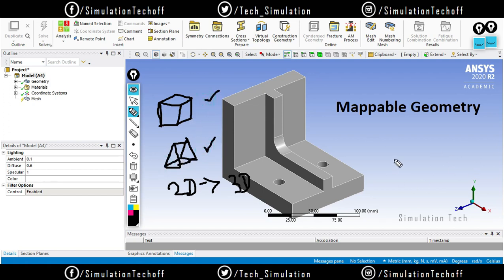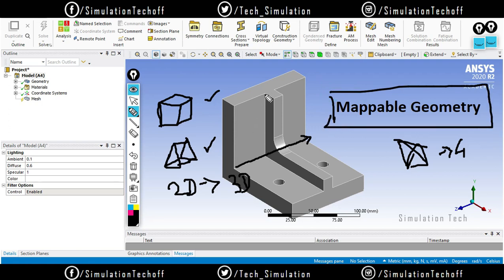So there are two possibilities. In most cases, in a triangle there will be one perpendicular node in the normal direction connecting all the remaining three edges, having four faces. This is called a tetra element. So first it tries to create a quad mesh on this face and extrude it throughout this structure, because it has the ability to extrude. That is why it is called a mappable or sweepable geometry. Or else I can easily split this geometry into multiple pieces and create a hex mesh there.